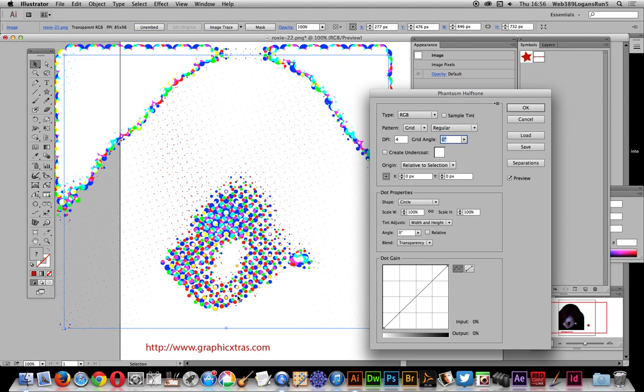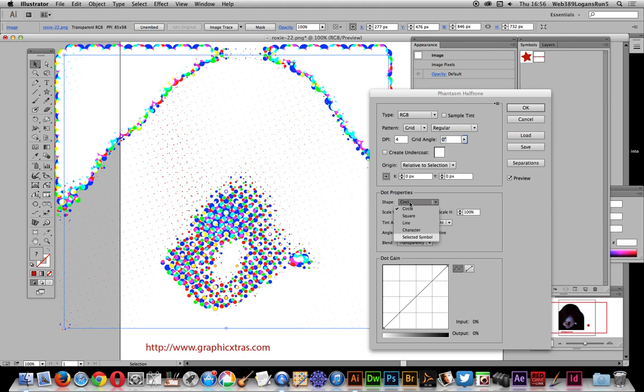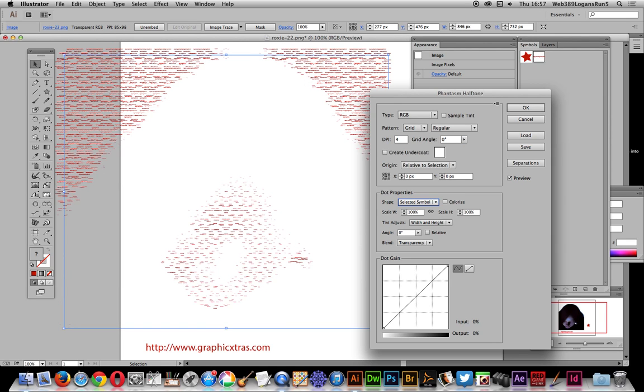So right, now you can see the default is little dots, circles I should say. You can set that to square. And the key one here, there's character as well, but Selected Symbol. So I'm going to quickly show you Selected Symbol. And now you can see it's created all that with text. So all that is the